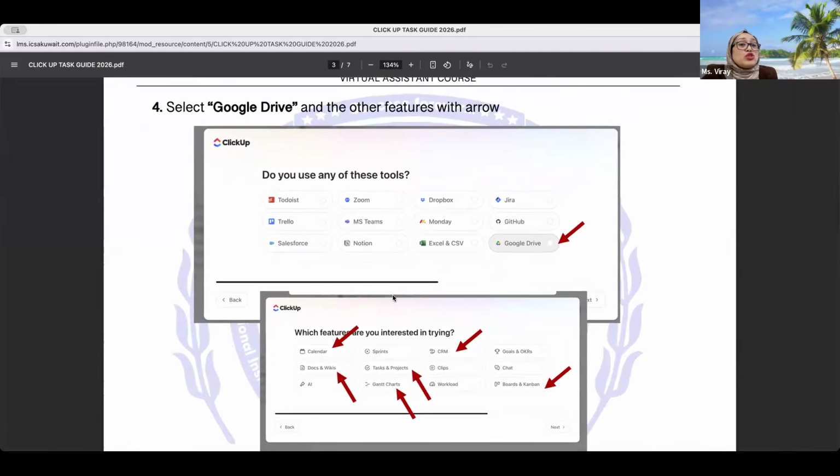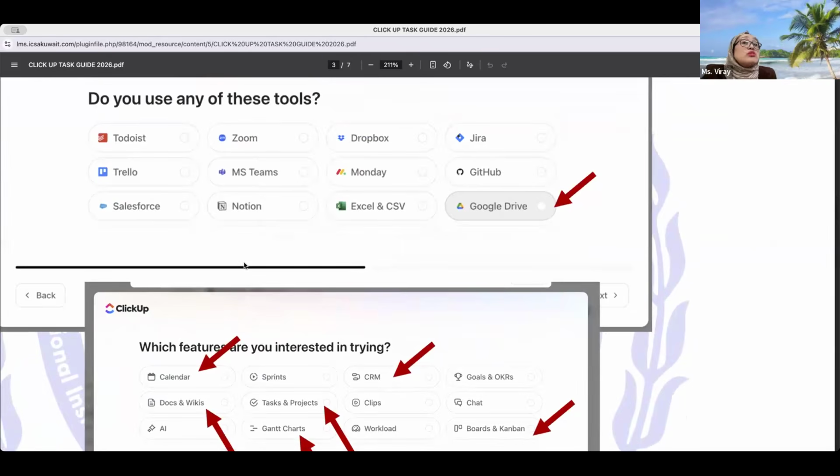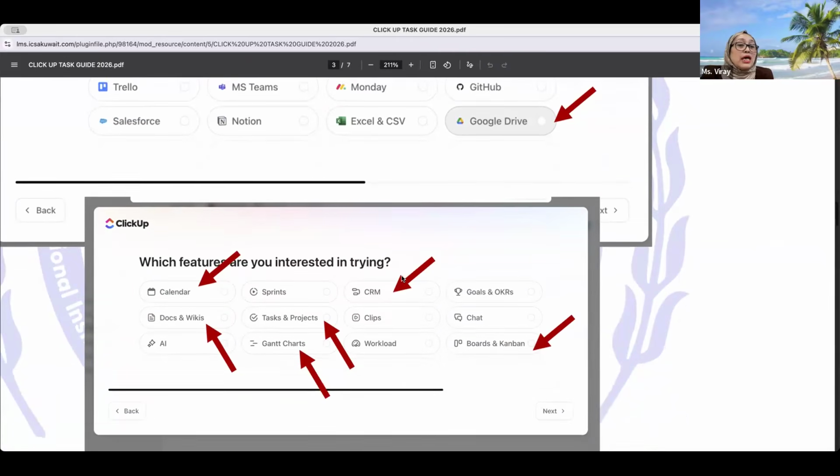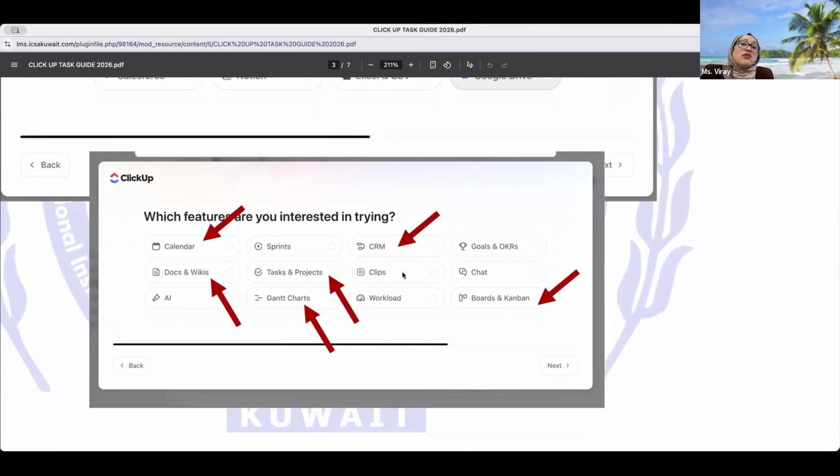Now, it will ask you which tools you are currently using. You have to choose the things that you use right now. For example, if you use Excel sheets or Google Drive, you just put a check on them. Then when it asks about the features you're interested in, you have to choose as many as you can. Otherwise, nothing will come out in your workspace. You can see we have task, calendar, and so on.